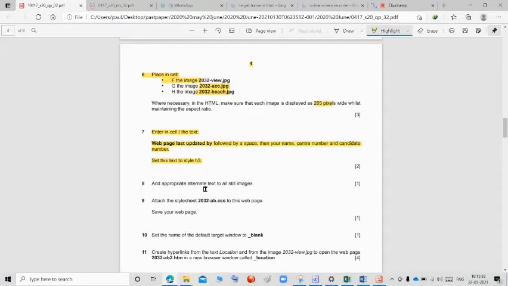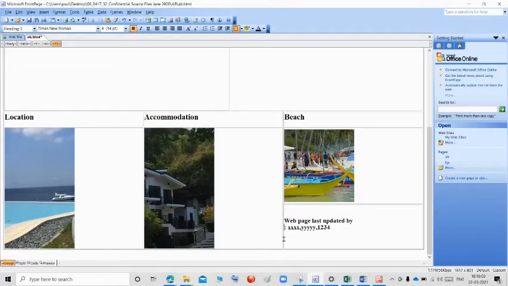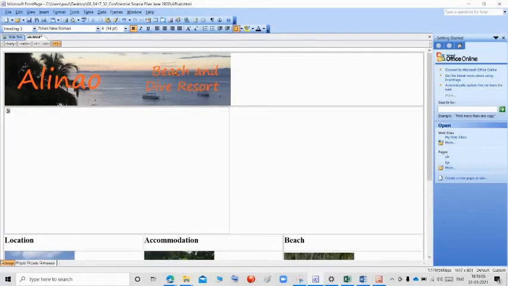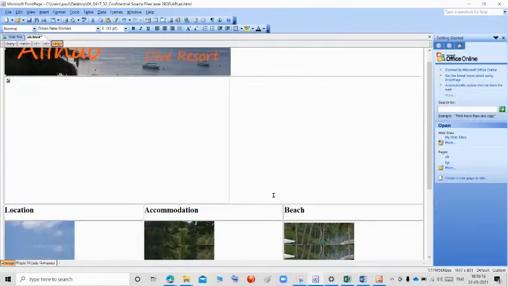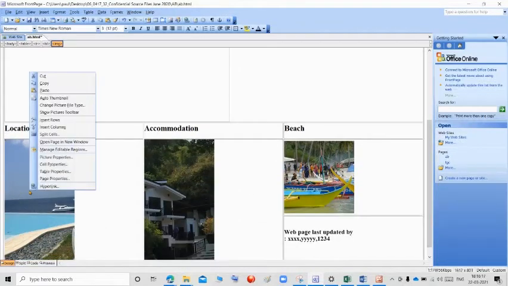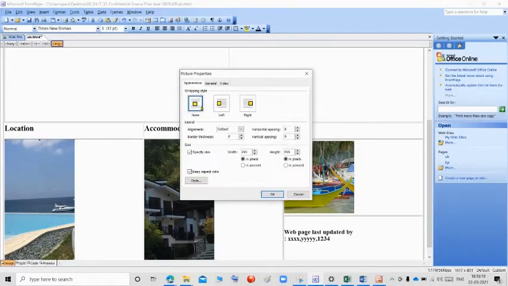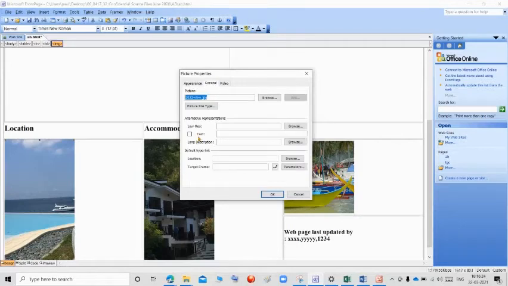Next, add appropriate alternate text to all still images. So we are going to give the alternate name for all the images. Right click, go to picture properties, go to general and give as logo and click OK. Next, go to this, right click, go to the picture properties and go to the general and give location. Click OK.